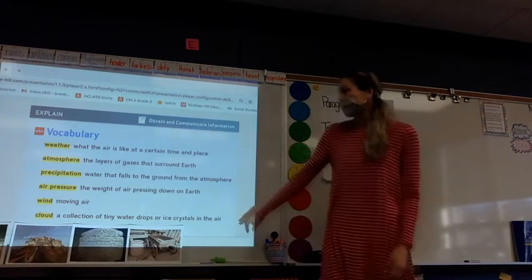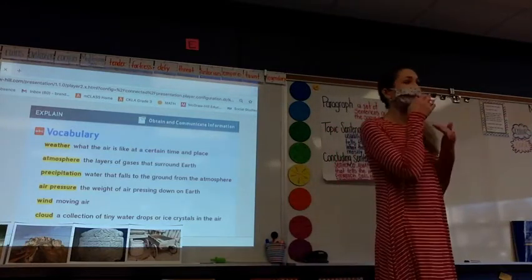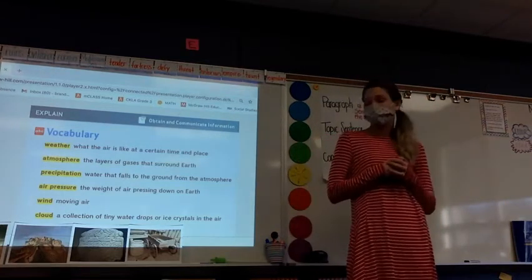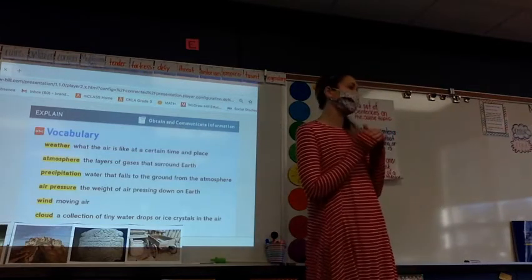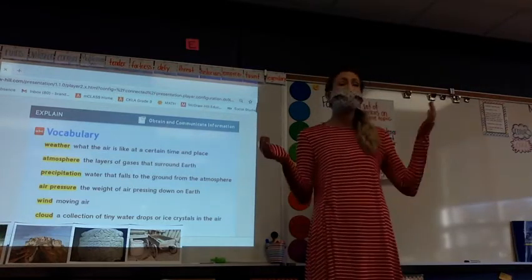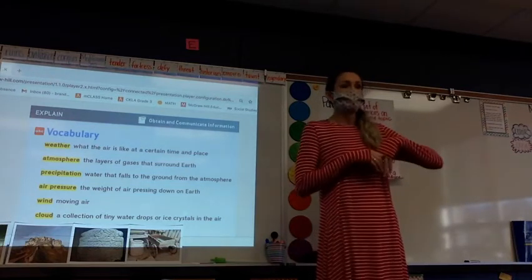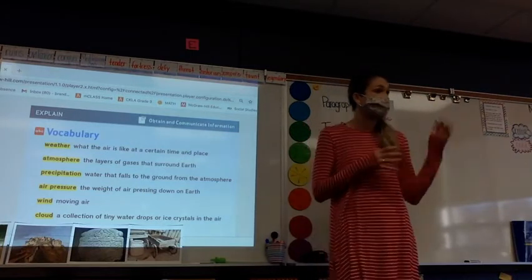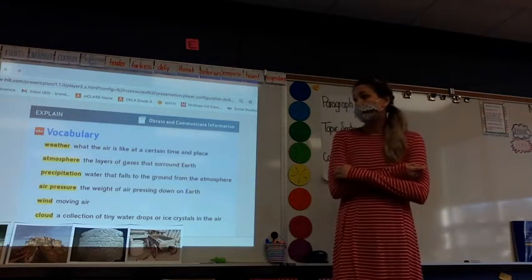Pretty simple, right? And then last but not least, we have cloud, and we're going to look at some different types of clouds as well, and how meteorologists can use clouds to help them predict the different types of weather coming. But a cloud is a collection of tiny water droplets or ice crystals that form in the air. So we're all pretty familiar with what clouds are, right? Yeah. We go out and we see them and we know what they are, but we're going to talk about what those different clouds signal and where in the atmosphere they're at. Because clouds are not all going to be in the exact same spot. So we're going to talk about that more as well.